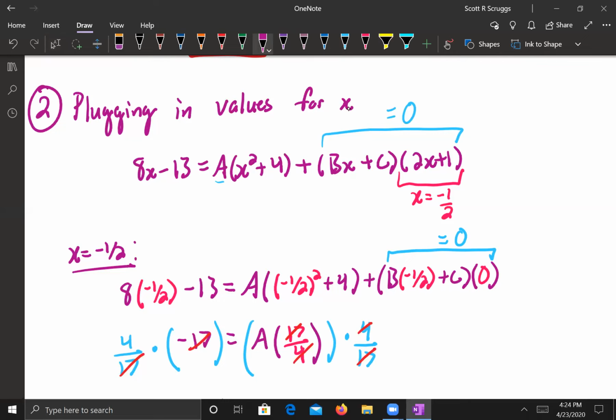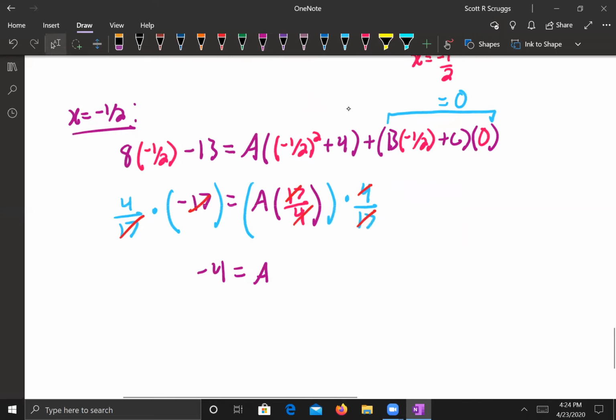A is now known. A is -4. So that means I'm not treating A as an unknown anymore. Yes, this is the alternative way. Method 1 was doing a linear system. But I see that B is multiplied by x, which means